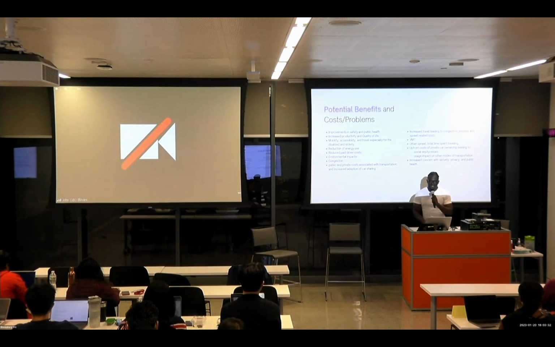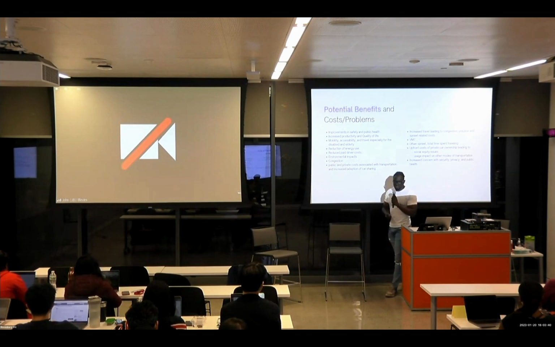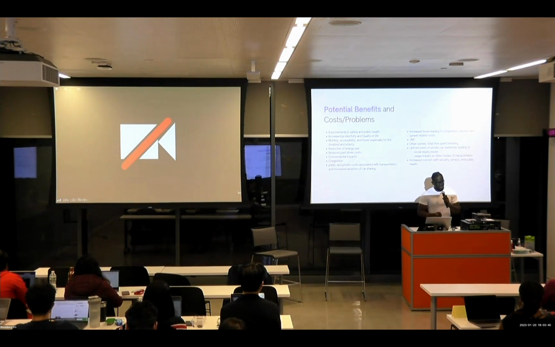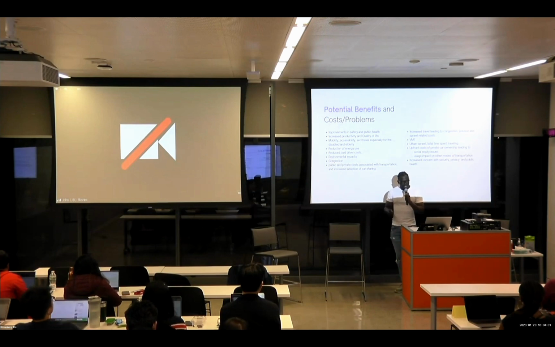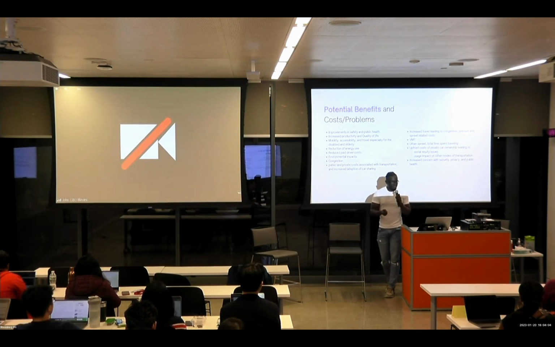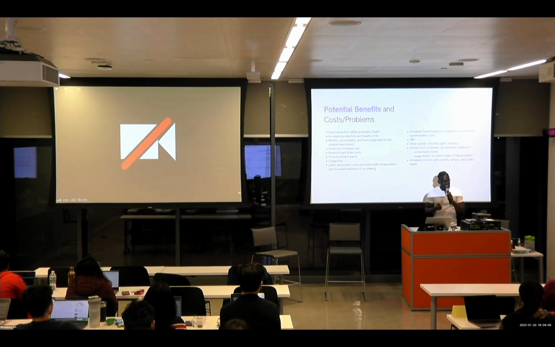But also with these benefits comes costs and potential problems. Increasing congestion, urban sprawl, and social inequality issues. Think back to the impact of building motorways, highways through our cities. The issue of autonomous vehicles is not entirely just a tech problem, but it's also about planning, what it means to our cities, what it means to society at large.